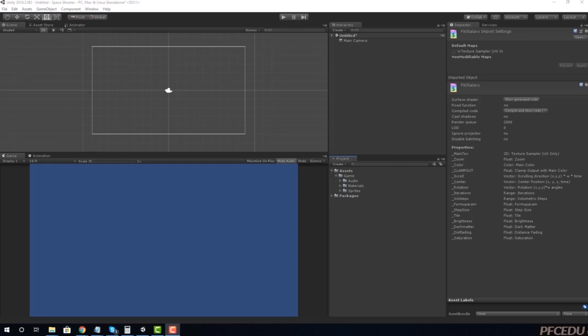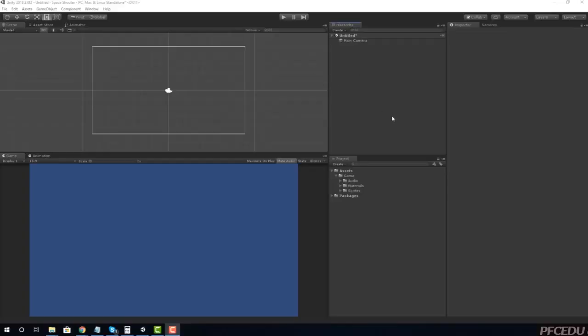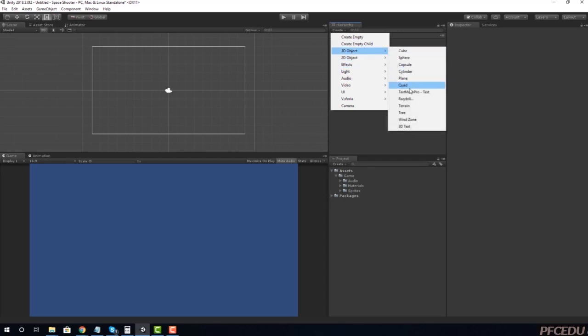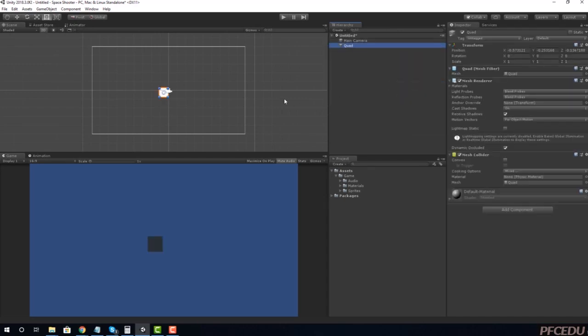dynamic background. To get started, we're going to create the background that our galaxy shader is going to be applied to. To do that, we need to use a quad because we don't have a sprite dedicated to our background. So we're going to use two triangles instead. So to do that, in the hierarchy, go to Create, 3D Object, and select Quad. This is going to give us a square on the screen, and this is a 3D mesh collider that is